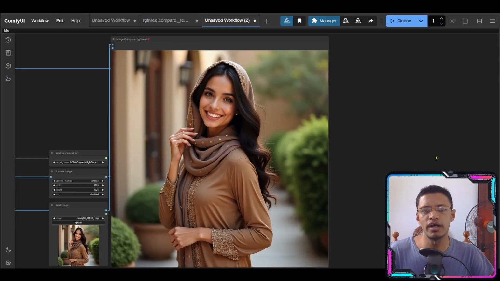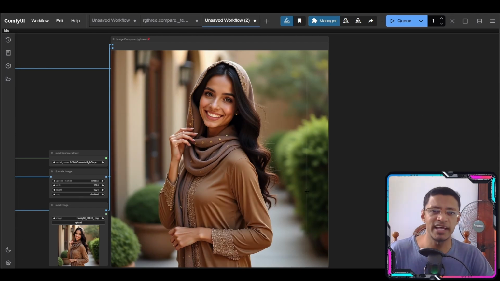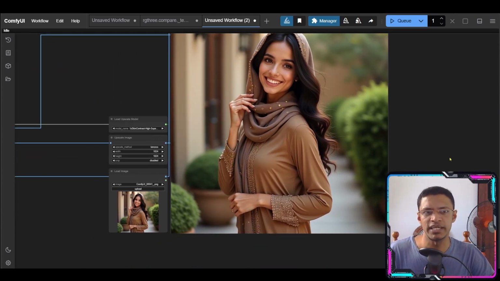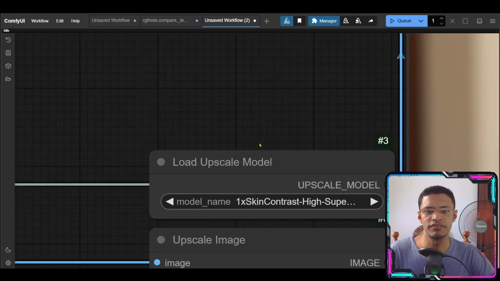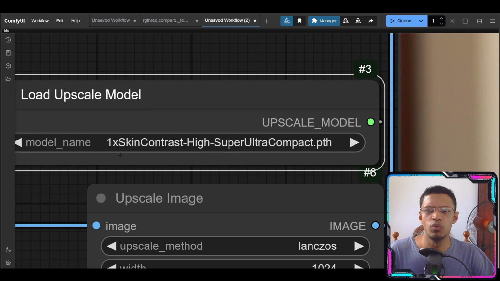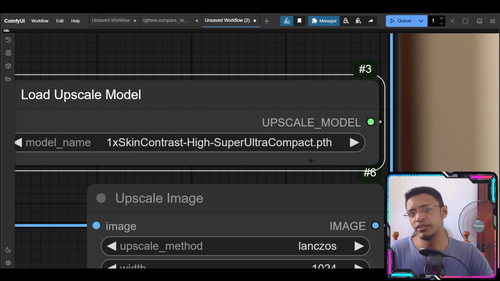Inside of ComfyUI, you will need to use the segmentation method to extract specific part of the image. So you can have face, you can have hands, depending on the segmentation method that you're using. And then you pass that over to the Upscaler. Now, the Upscaler itself, the model that I'm talking about today is this one here. It's the 1x skin contrast high super ultra compact,